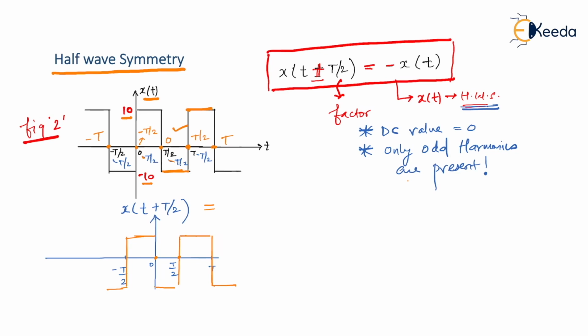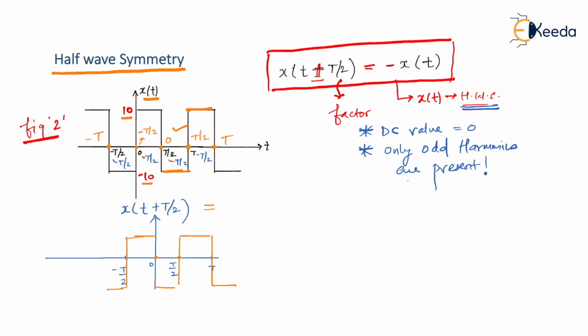Right now we have a square wave, and it is quite easy to deal with a square wave, that is, to delay a square wave or to multiply the given signal with -1. But thereafter we'll be coming across different shapes of signal. There it becomes quite difficult to delay exactly by T by 2. There you can commit a mistake, which will result in a wrong result. So you may not be in a position to identify whether it is a half wave symmetry signal or not. So I'll tell you a smarter way.